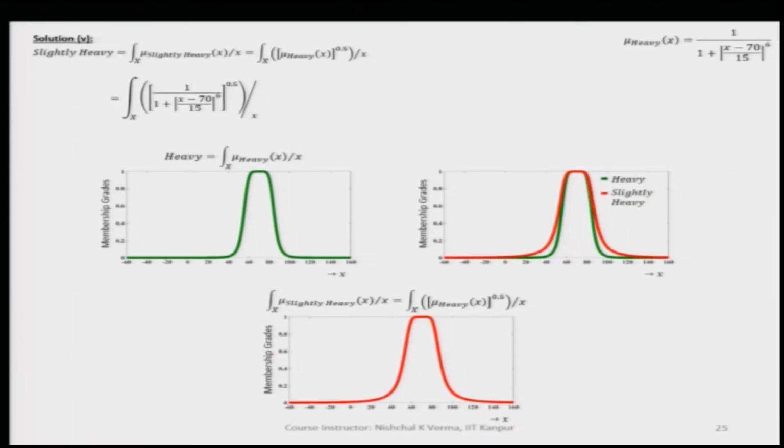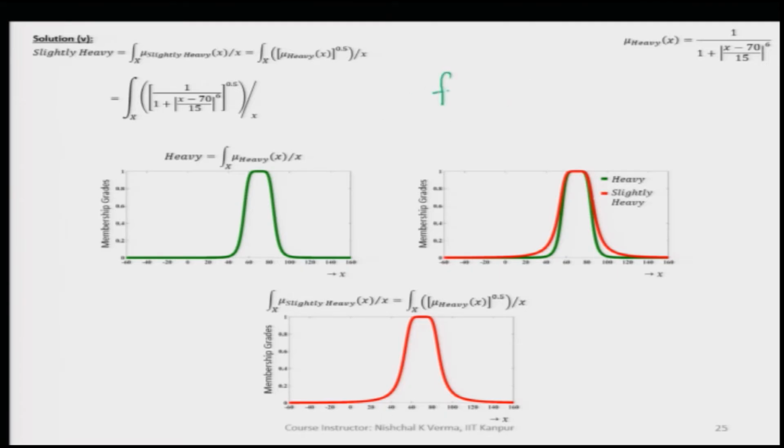Let us quickly go ahead and find the fuzzy set for slightly heavy. Here slightly is a hedge, and for getting slightly heavy from heavy, we need to dilate.